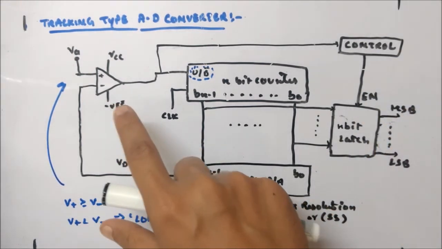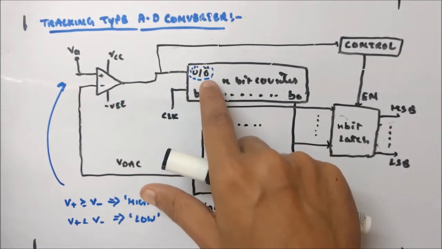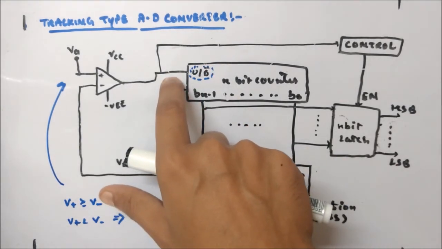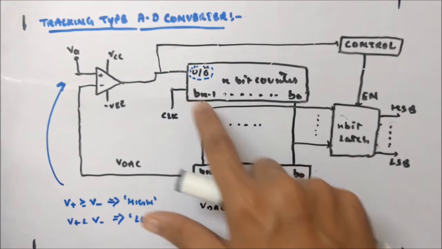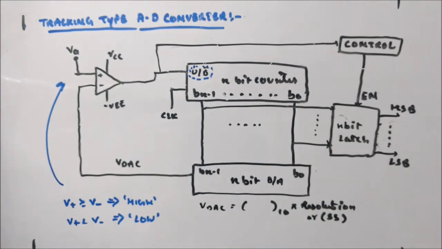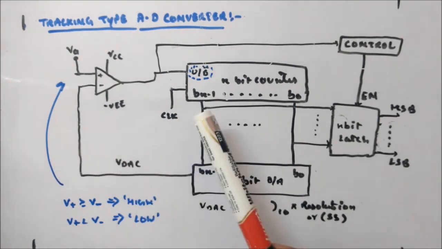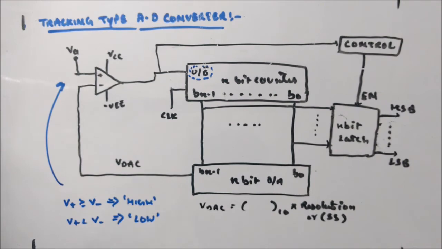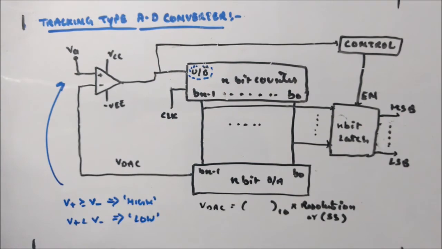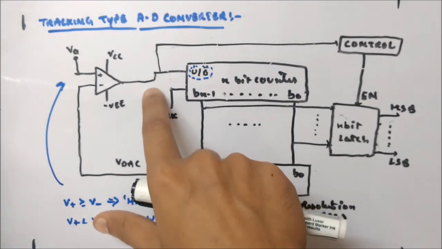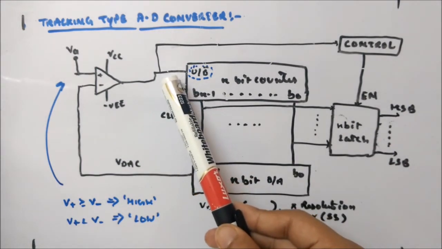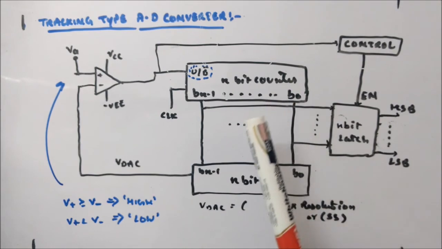Okay, so now I have made something u slash d bar, which means up slash down bar. If the input to this line is logic 1, it will work as an up counter, and if the input to this line is logic 0, it will work as a down counter. Okay, so now again it will start with all zeros. VDAC will be less than VA, which means a high output will be given by the comparator. If logic high is the output of the comparator, this counter will work as an up counter.